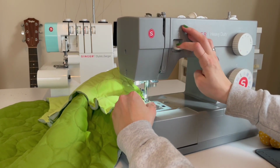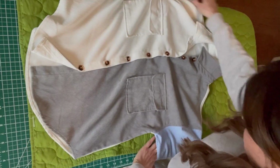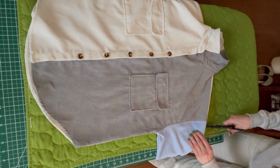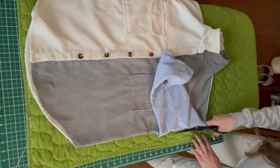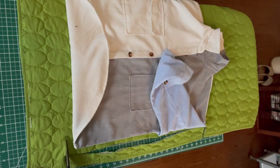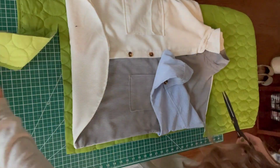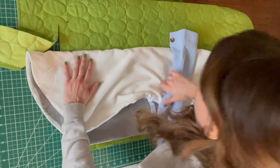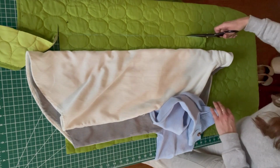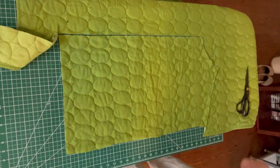Let's get started. To draft the pattern, I'm using a button-down shirt that I already owned. I just cut this straight onto the fabric, starting with the right shirt front piece. As I'm cutting, I'm leaving ½ inch for seam allowance, and at the bottom, about 1 inch for hem allowance. For the center front opening of the jacket, I'm going to leave about 2 inches of room,